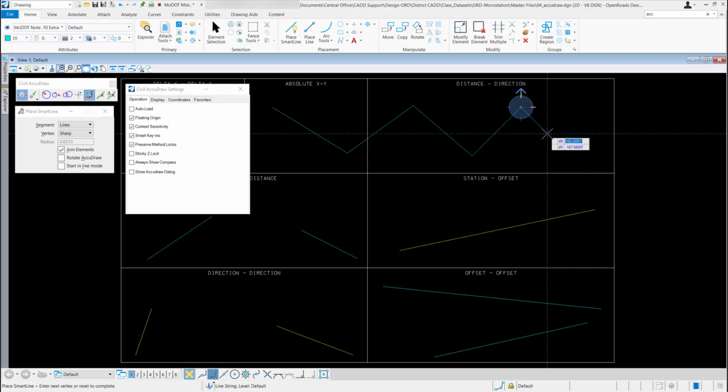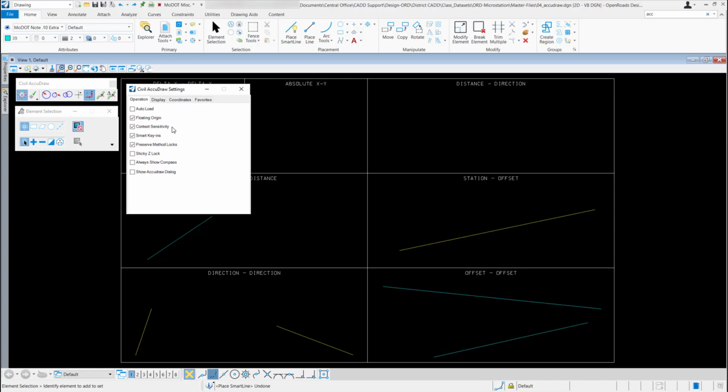I'm going to right click and reset my tool and do an undo. If I were to uncheck the floating origin setting, the compass would no longer move with my mouse, and it should stay tied to the origin of the drawing. Usually by default, we leave the floating origin checked on. If for some reason you needed to go in and turn it off, you could.